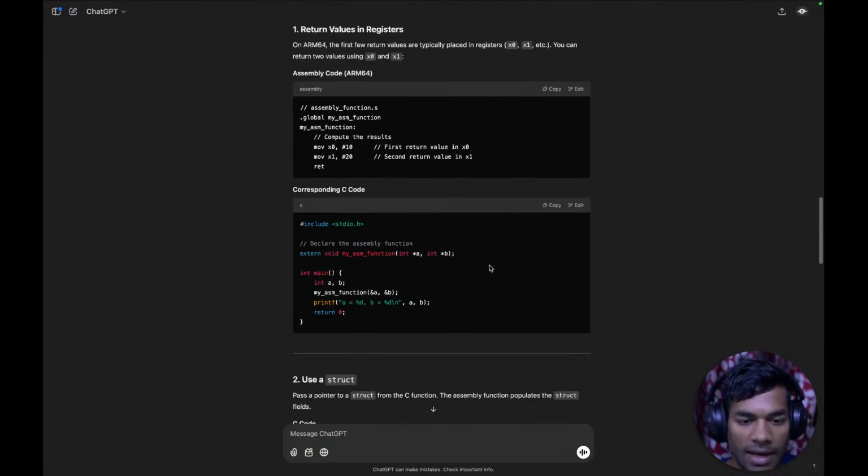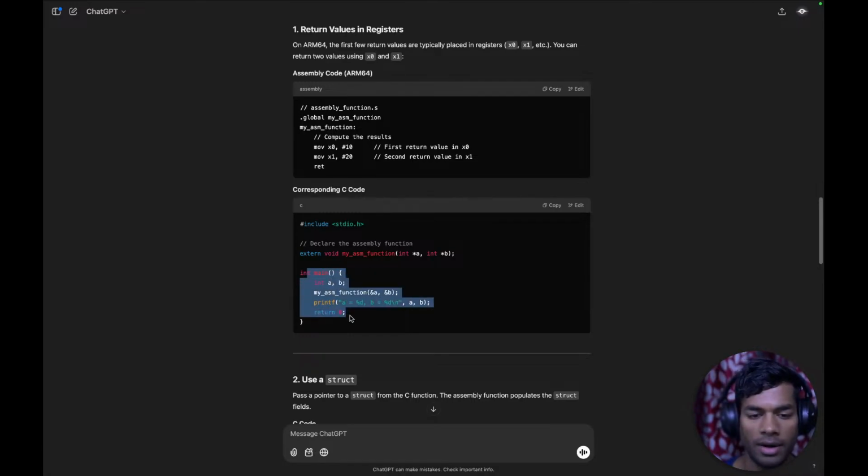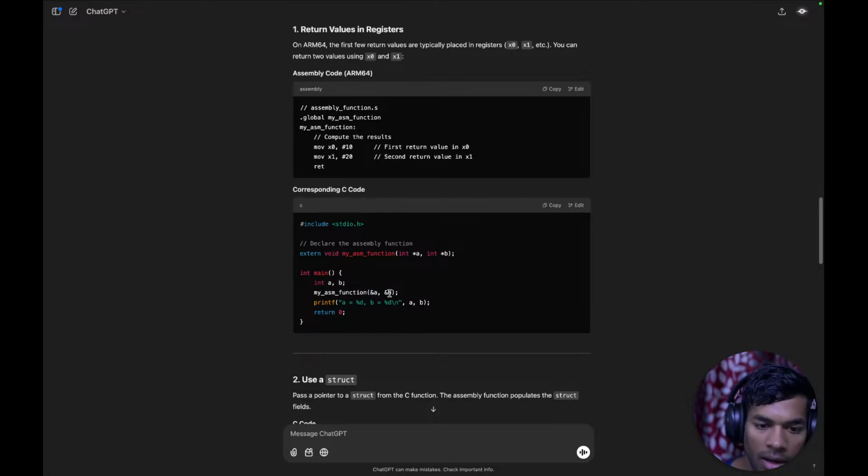Okay, wait. Int a and b are two variables which right now have not been initialized. As I said before, they are in the .bss section of the memory, right? And we are passing their addresses. This is used to pass in the address of the variable. So register 0 here has the address for A, and register 1 here has the address for B. Okay, but then we are not storing the values